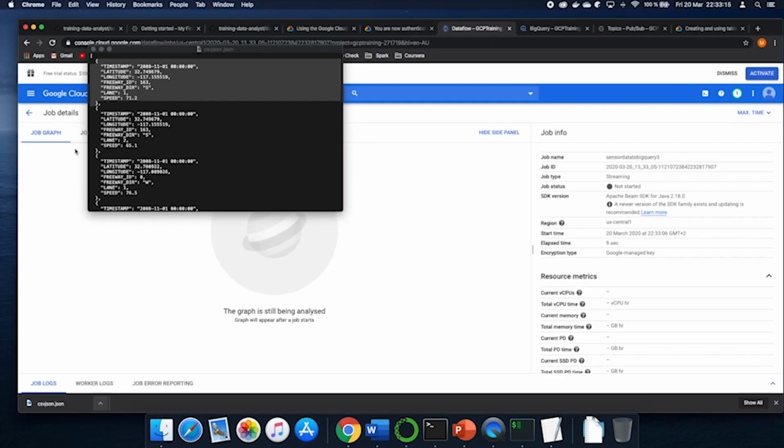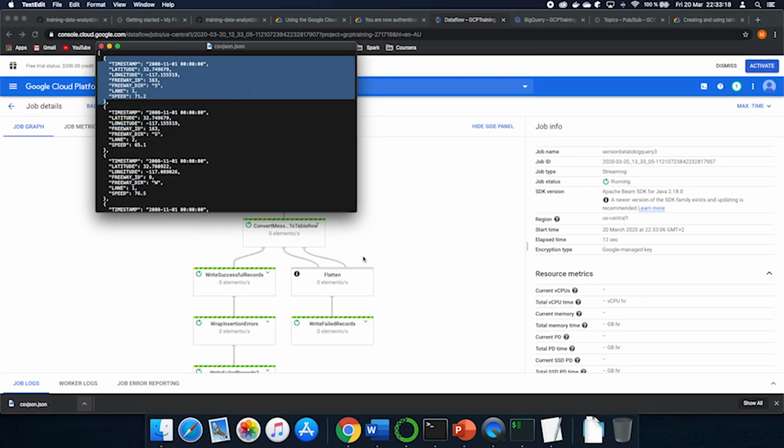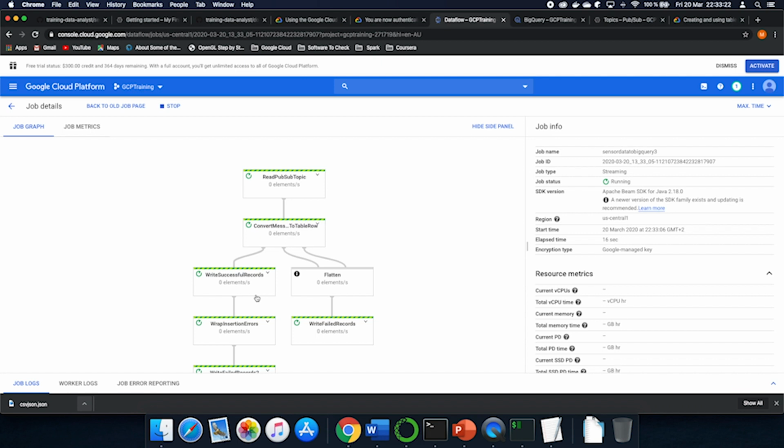Let's prepare some data to send. Let's copy. This time, see, the pipeline works now. You have to take care of the fact that using a free trial account, you can have problems with quotas, because they do not allow you to use all the cluster and all the resources because you are a free account. Also, you can see it here. With a full account, you will get unlimited access to all the Google Cloud platform. So we don't have unlimited access, but we have the access we need to learn. But we can have this kind of problem, which anyway, as you can see, you can solve pretty fast. Okay, now everything is running.